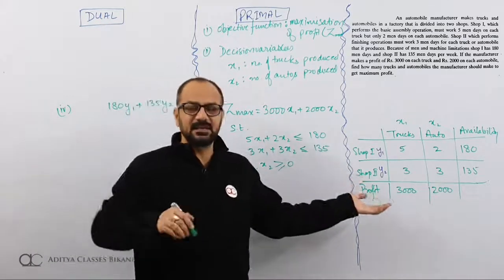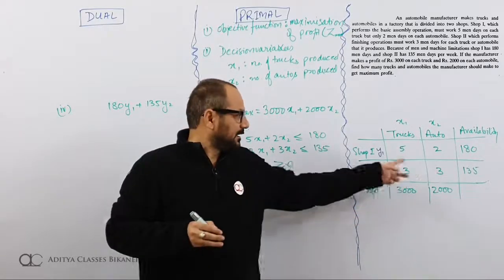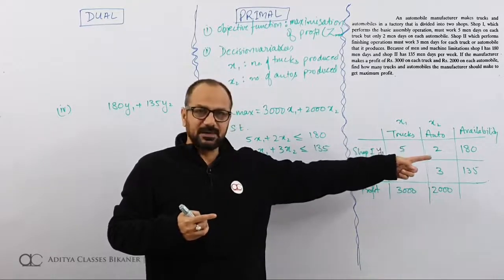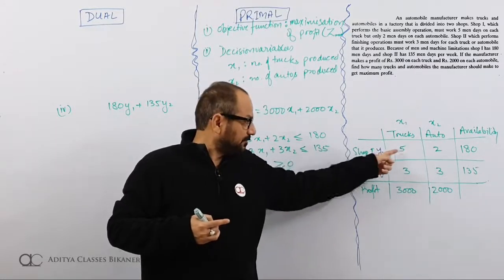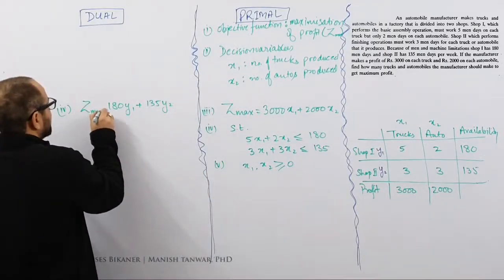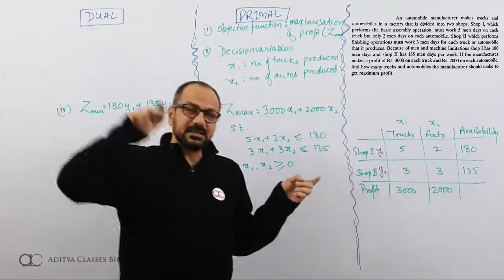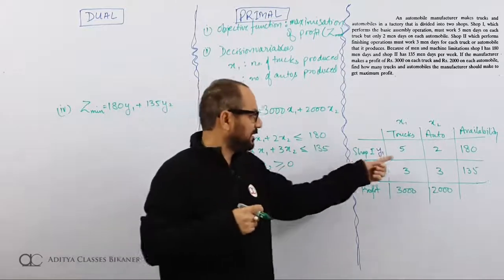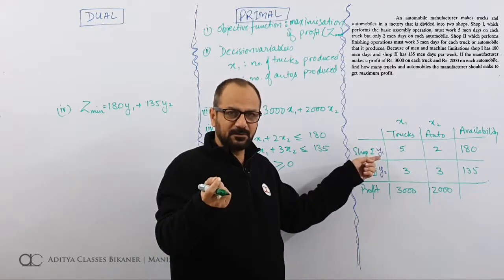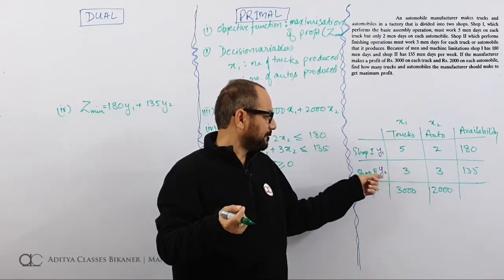But obviously, this is my business. If I am allowing him to enter into my business, then my perspective cannot be denied. He will try to minimize this, but my idea would be that whatever I am getting from this resource, that is 5Y1, this should be Zmin, because he will be trying to minimize the investment that he is making. But understanding that, whatever I am getting from here, I will be getting 5 multiplied by Y1, because he will give me Y1 per Mende and I am using 5 Mendes in trucks over here, then 3 Mendes in trucks over shop 2.